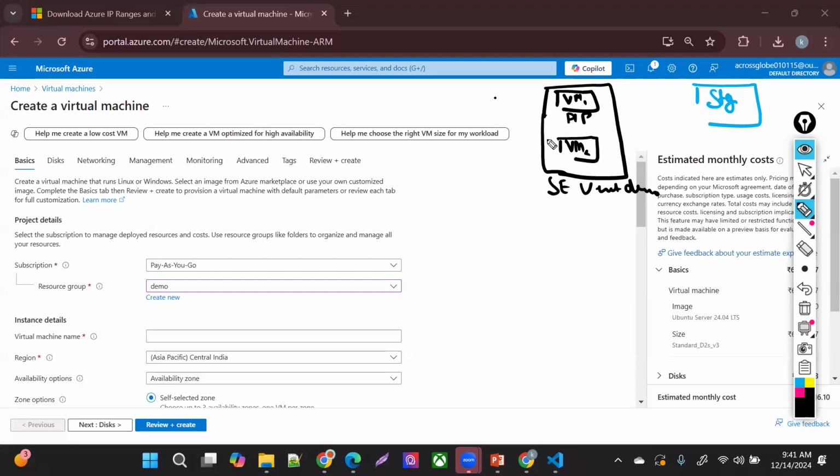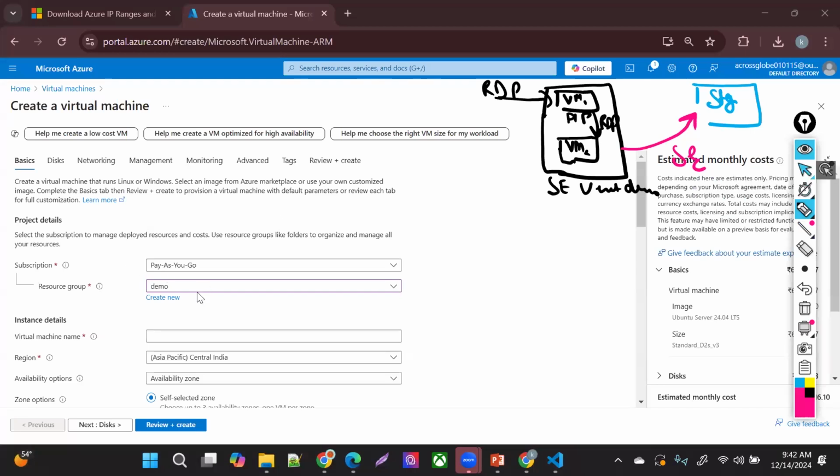From VM1, how am I going to take VM2 access, since I do not have any public IP? That's why I'm deploying VM1, taking that RDP, and from the VM1 RDP, I'll take the VM2 RDP. Now from VM2, since it is inside the VNet, I'm going to create a service endpoint, and then we'll take the storage account access via service endpoint. That's what I'm going to do here.